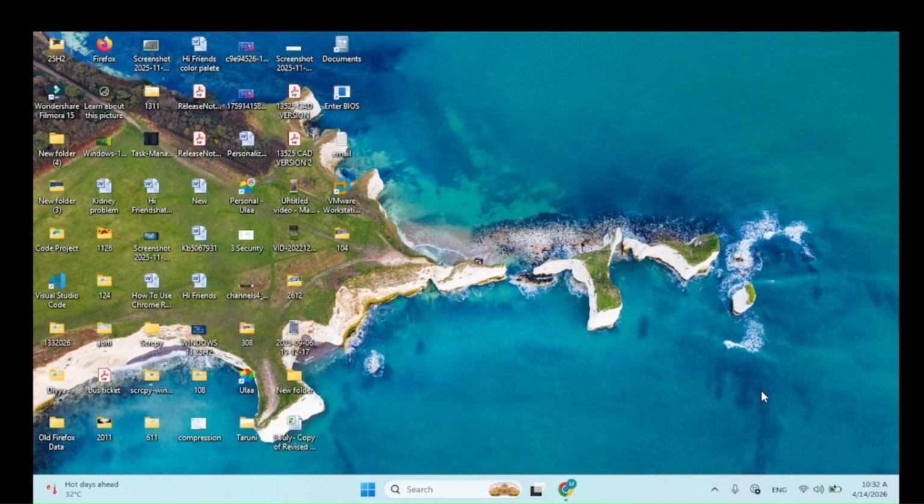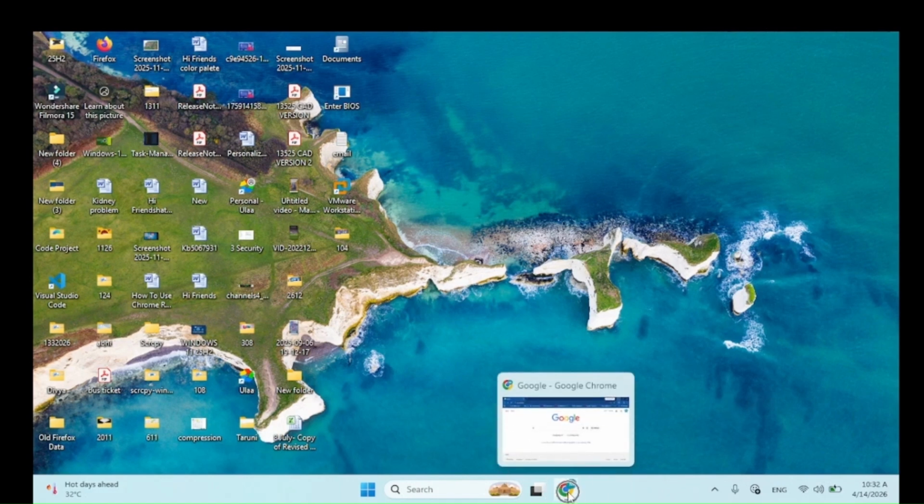Today I am going to discuss how to create a new virtual machine in VMware Workstation and how to install Windows 11 in VMware Workstation. So for that, first you need to download the Windows 11 ISO image, open the browser